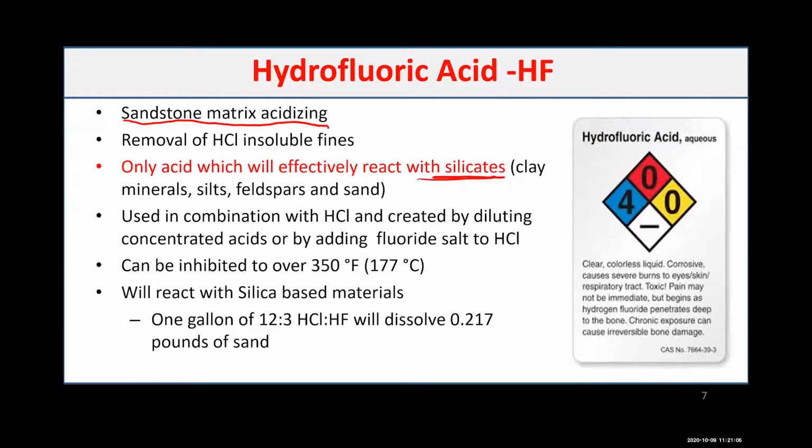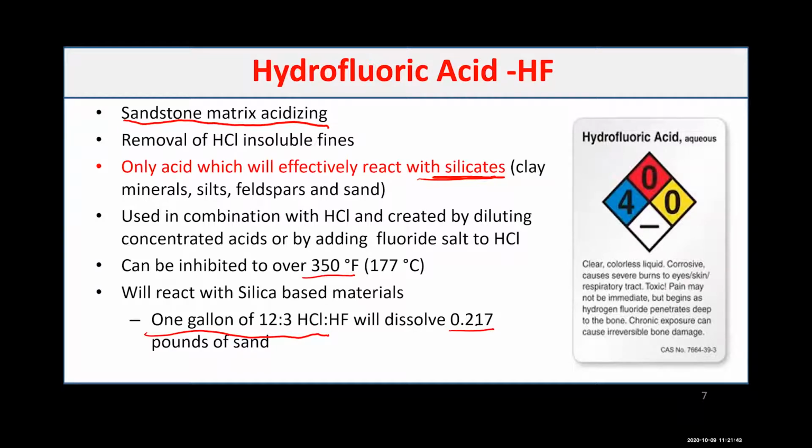Usually we combine it with HCl just to be sure that we have a low enough pH to eliminate any precipitation and to have a lower pH during the whole treatment. The HF can be used up to 350 Fahrenheit. Its dissolving power is not as high as HCl when dealing with the carbonate, but it can actually dissolve a significant amount of silica. It can dissolve, for one gallon of the 12-3 HCl-HF, up to